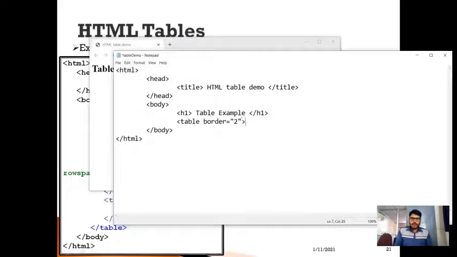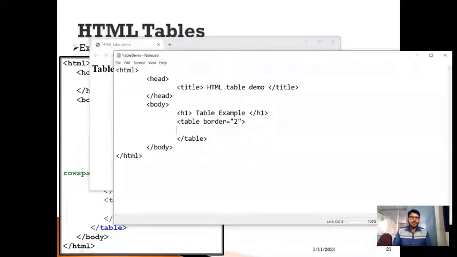Now let me close the table tag. If we write only this much, it will not include any table, because we are not including any table content within this. So the table will be blank and will not appear in my web page.